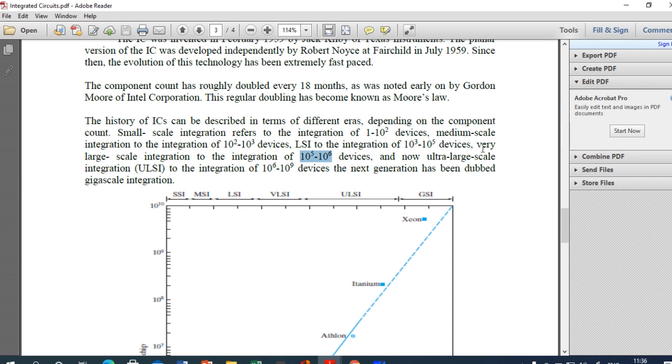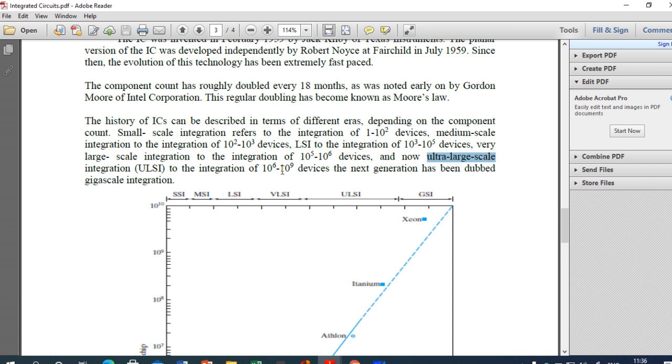In short we call it VLSI. Here, the main things manufactured are controllers or processors. After that, another technology is ultra large scale integration, which we call ULSI. Here from 10 lakh to 1 crore, and more than 1 crore transistors, can be placed in that integrated circuit.